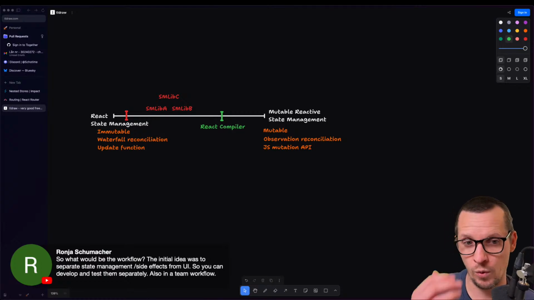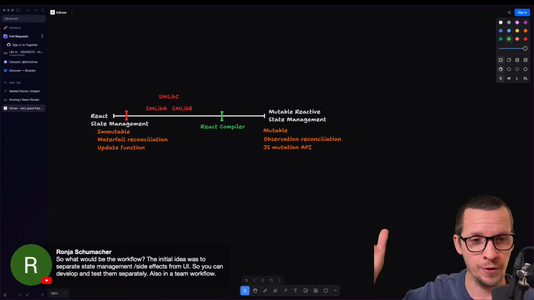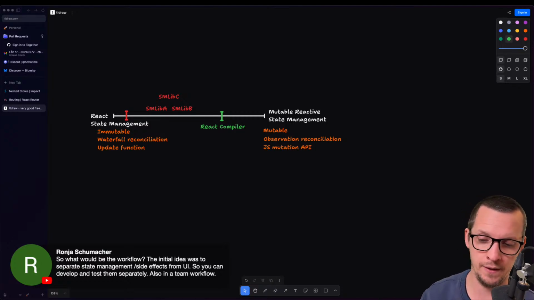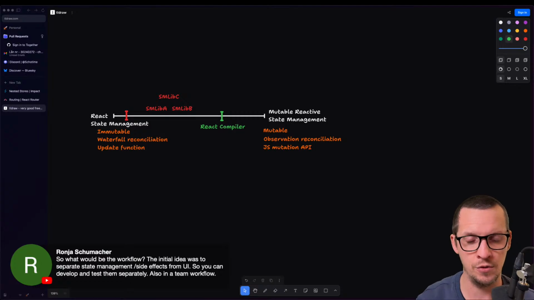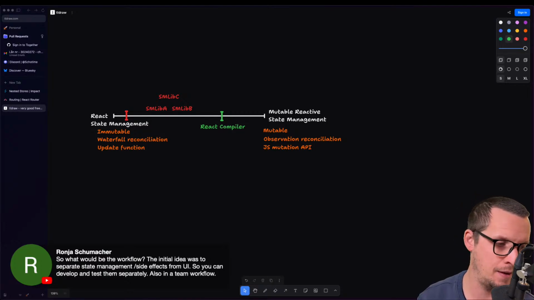So the workflow would be you have this component first perspective. You go in, you create a component. That component needs some state. But instead of using React compiler with traditional useState, you use the observing components plugin and you use reactive. And then you implement that and you share the state with some nested component. And then maybe that component needs to initialize some more state based on this parent state.